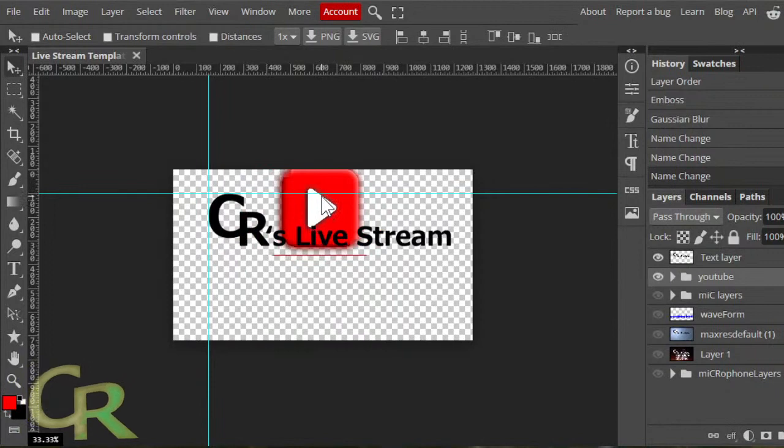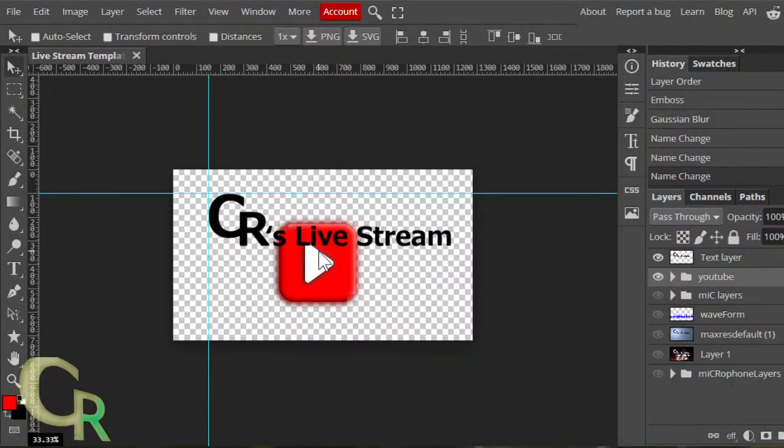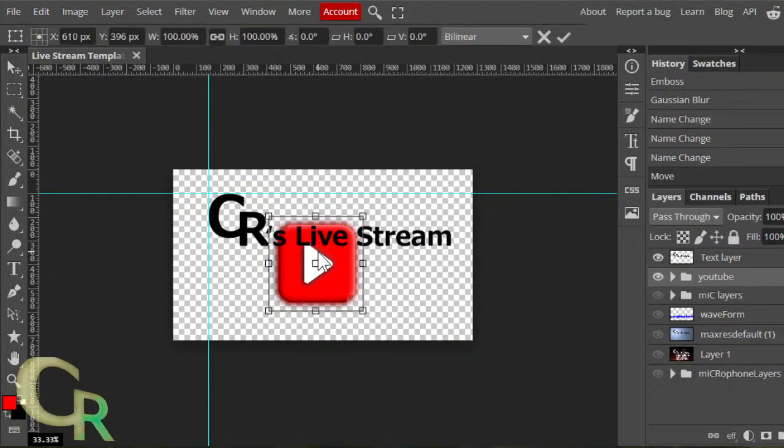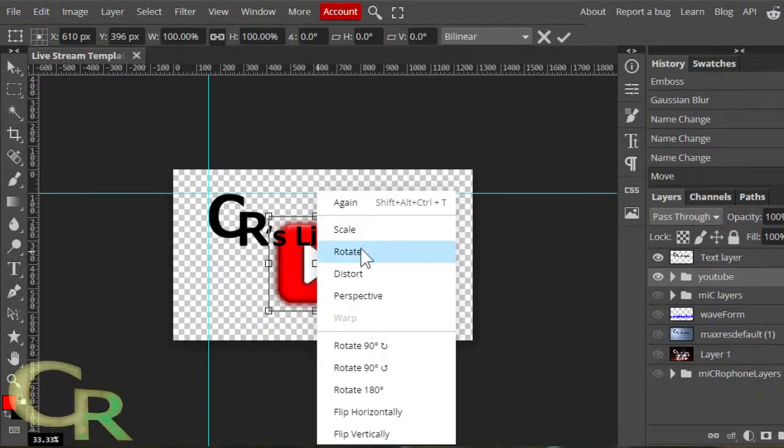You know, I could have maybe even right here. Now, if I hold Control T, I get the transformation. I can right click on this, and of course scale. You cannot warp a folder. I could do perspective and all those other things.